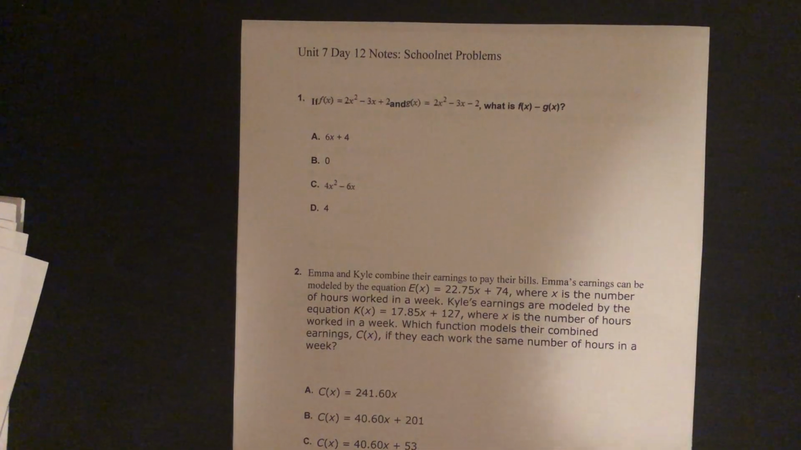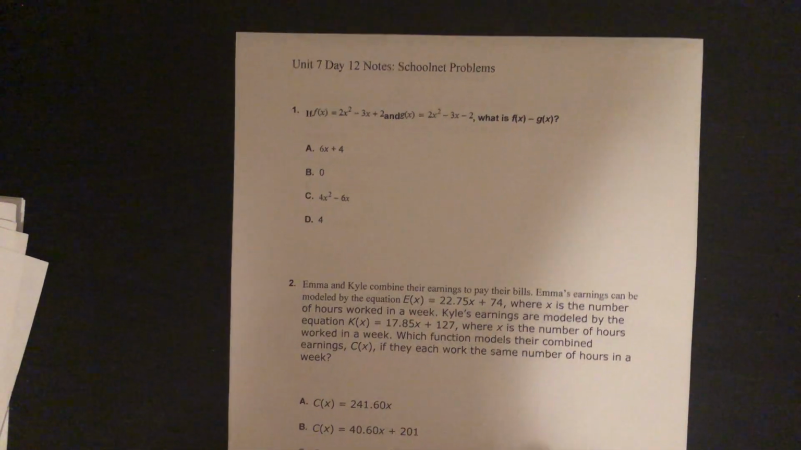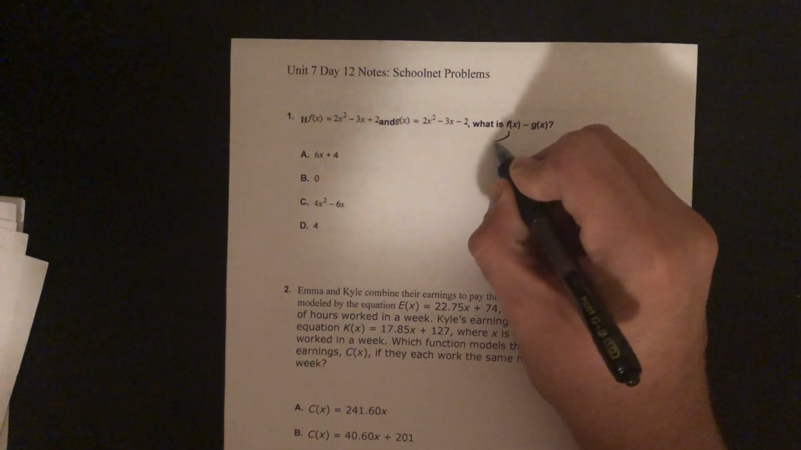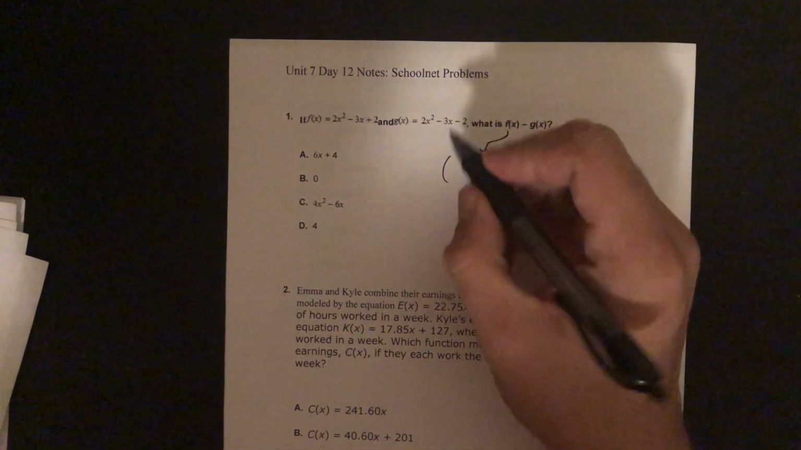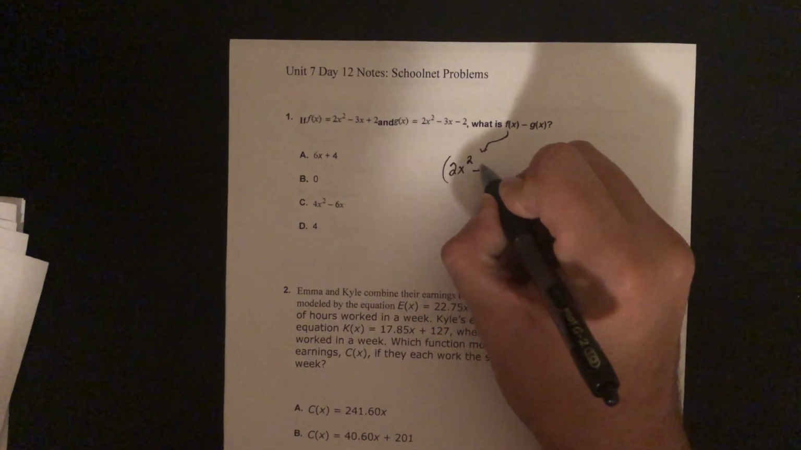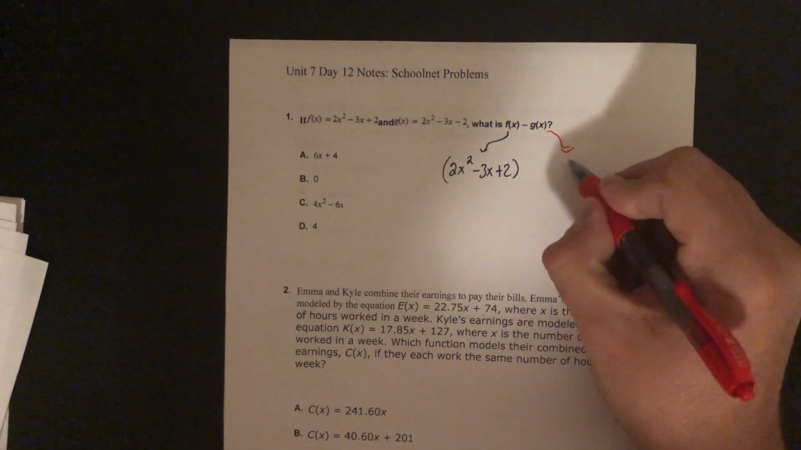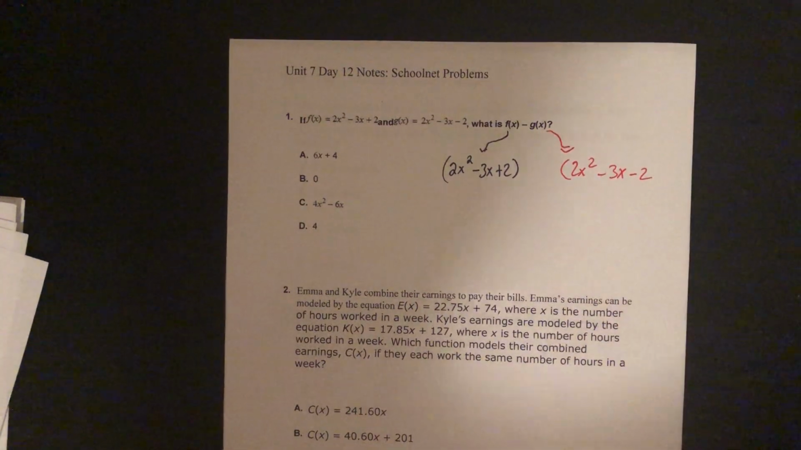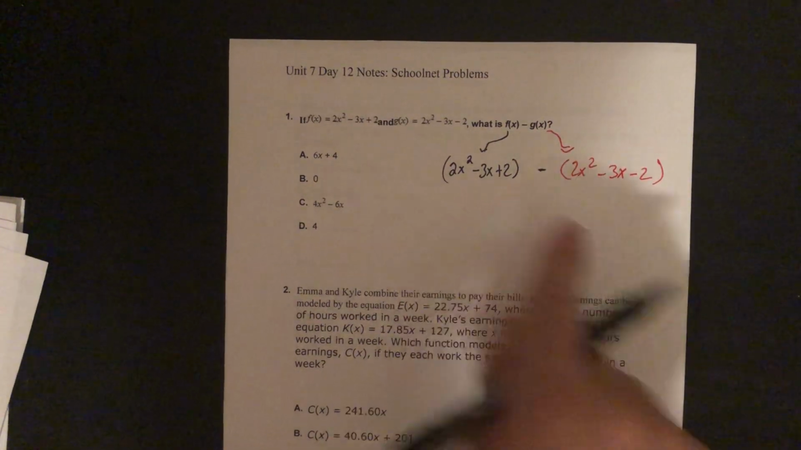If f of x equals that and g of x equals that, what is f of x minus g of x? So instead of f of x, I'm going to plug in my function, okay? And I typically put parentheses anytime I'm going to plug something in. So parentheses 2x squared minus 3x plus 2. And then my g of x is 2x squared minus 3x minus 2. And of course, you can bring down the minus because they're asking me to subtract these two